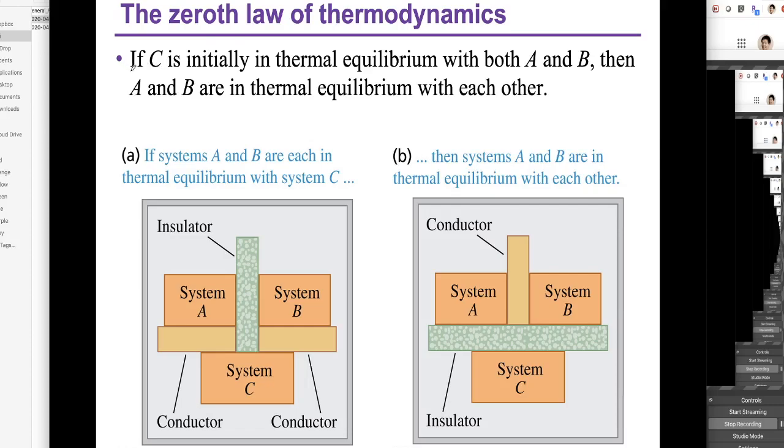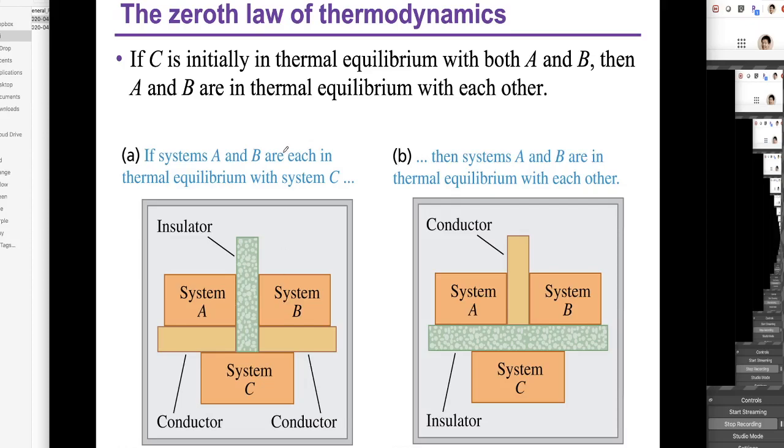It states that if C is initially in thermal equilibrium with A and B, then A and B are in thermal equilibrium with each other. This is easily understandable. Let's see this picture. If C is in thermal equilibrium with A and C is in thermal equilibrium with B, even if A and B are isolated, we can still get a conclusion that A and B should